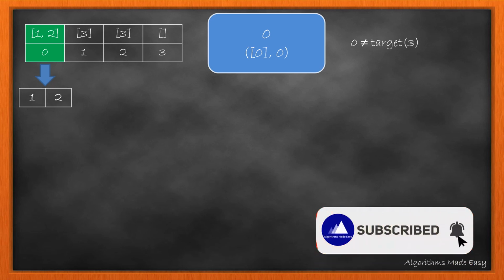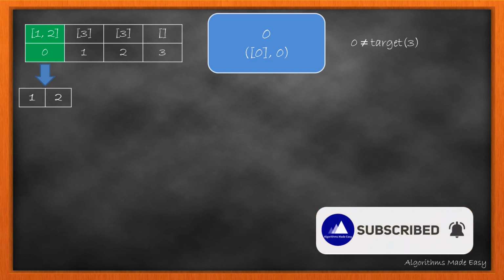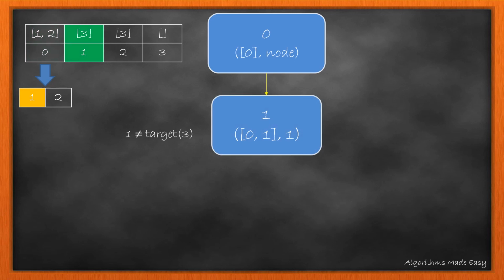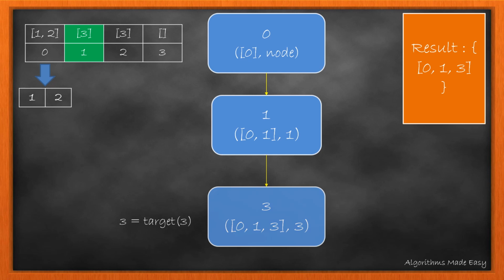Now, as we have a list of nodes attached to 0, we will use a loop. For every node attached, we will find the path. Starting with the node 1, we keep adding the node in the path list and move forward till we reach the end node or till we have the target node. As 1 is not the target node or the end node, we move to the next node followed by 1, which is node 3. Now as node 3 is the target node, we add the path in the result.